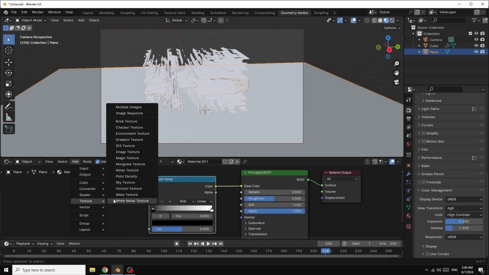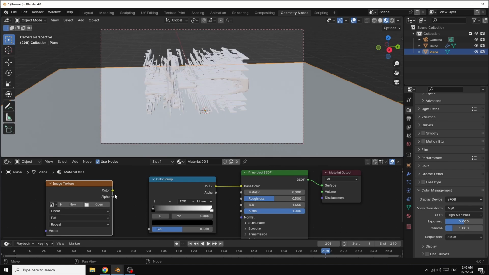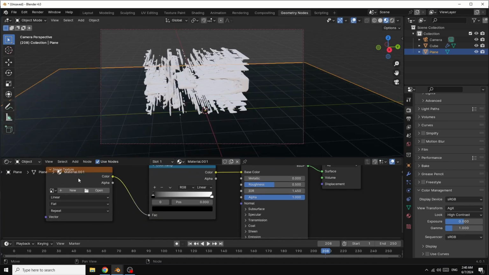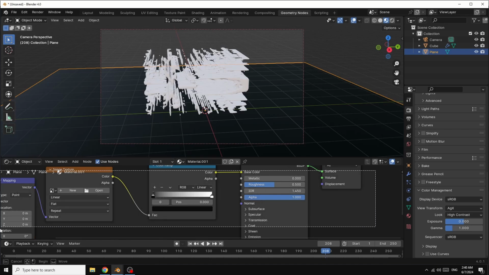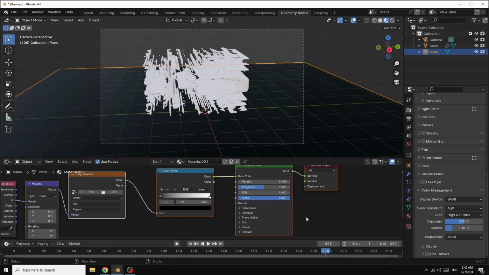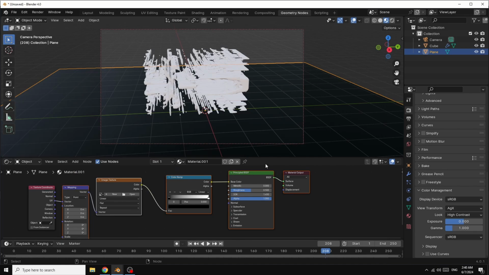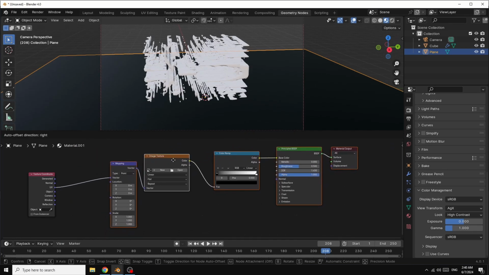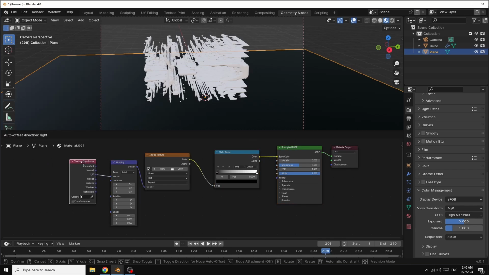In Texture, I select Image Texture. Connect color to factor, and here now hold Ctrl T to activate the mapping and texture coordinate. As you can see, we have all this.